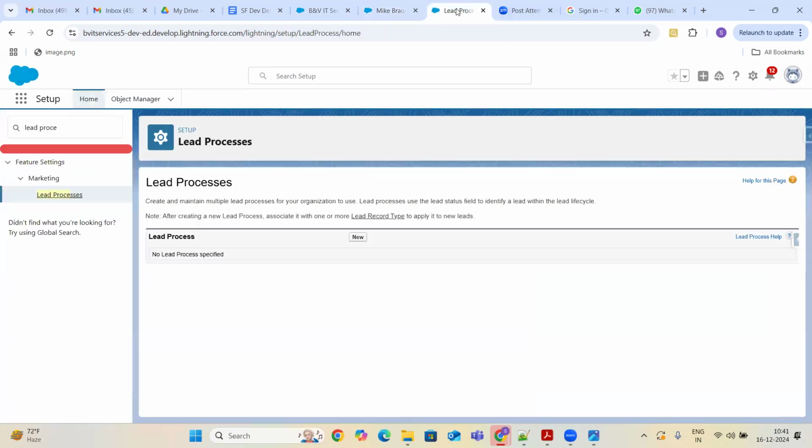Apart from that, if I would like to customize those statuses into our own values, how can you do that? Then lead process is the option, guys.